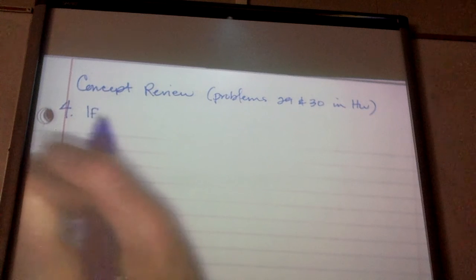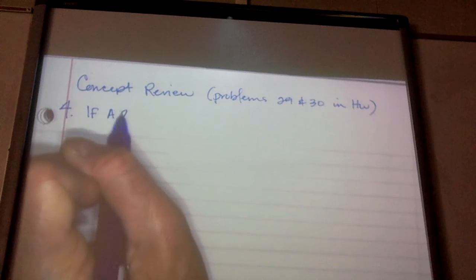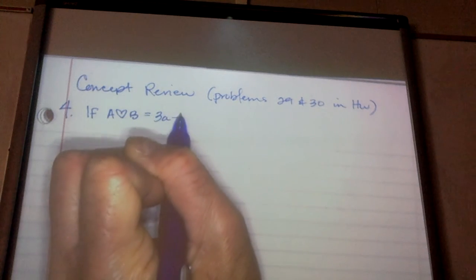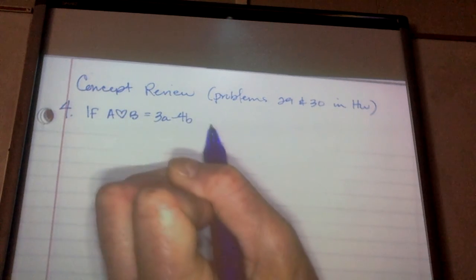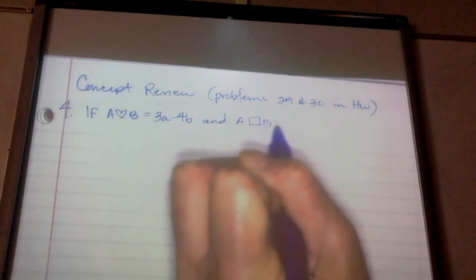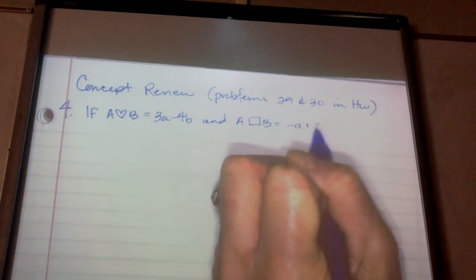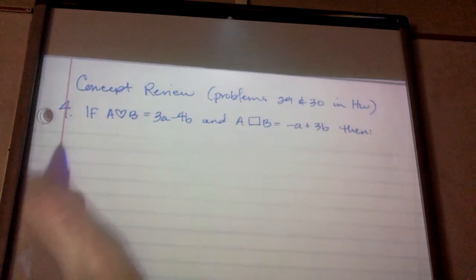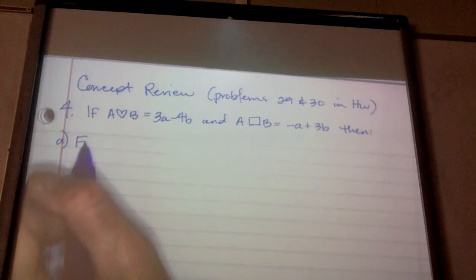So if A part B equals 3A minus 4B, and A rectangle B equals negative A plus 3B, then part A, find